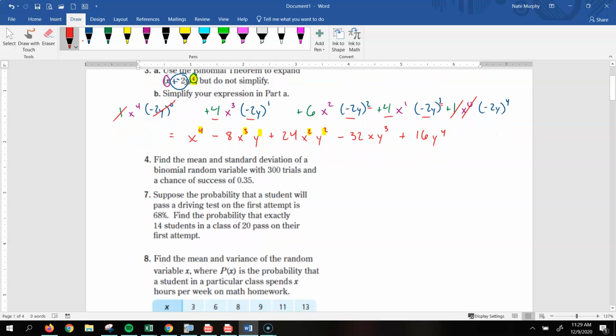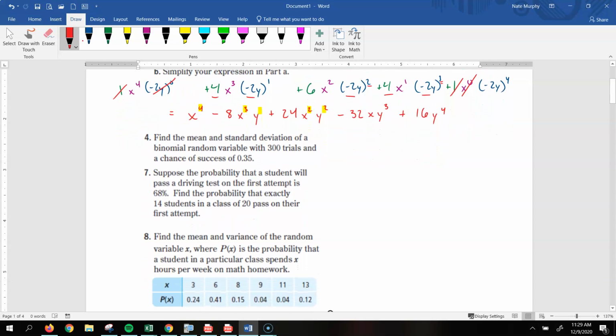All right, let's look at number 4. It says, find the mean and standard deviation of a binomial random variable with 300 trials and a chance of success of 0.35. So that means p is 0.35. And since we want to find the mean and the standard deviation, for the standard deviation we're also going to need to know q. q would be 1 minus 0.35, or 0.65. So to find the mean,